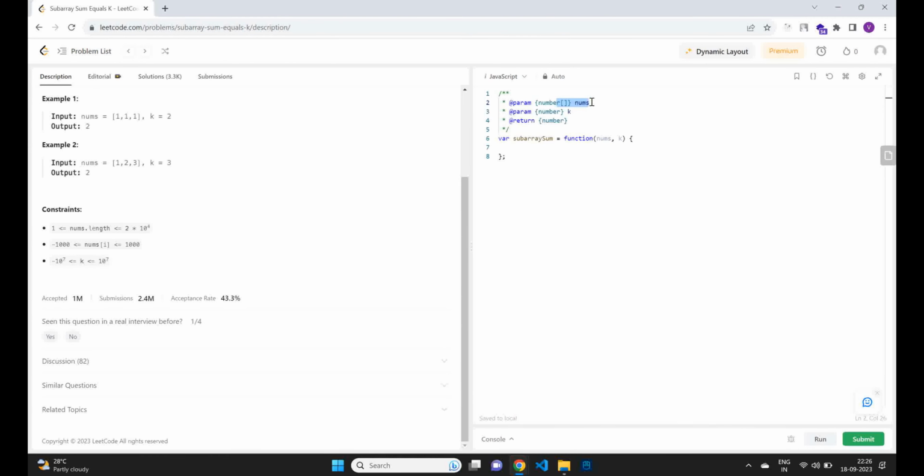We are given an array nums, right? And an integer k, that is the sum which we are looking for. And in the return, we have to return a number, that is the count of the subarrays, right? So before we start, we know we need a hash table, right? With initial sum as 0 inside it, right? So let's initialize the hash table,